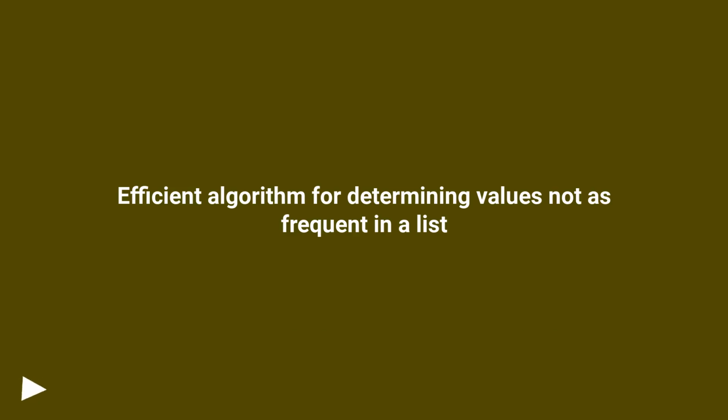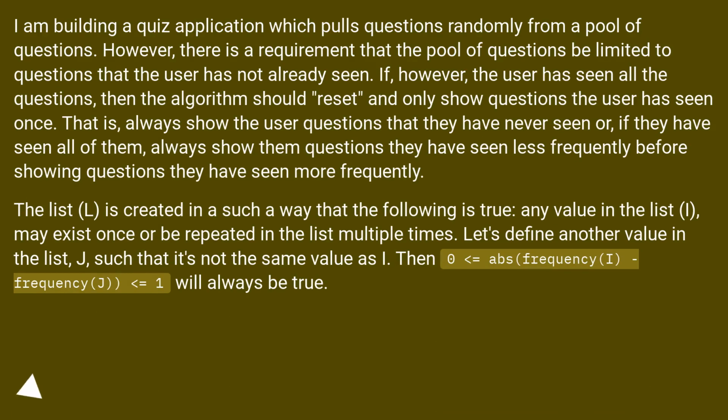Efficient algorithm for determining values not as frequent in a list. I am building a quiz application which pulls questions randomly from a pool of questions. However, there is a requirement that the pool of questions be limited to questions that the user has not already